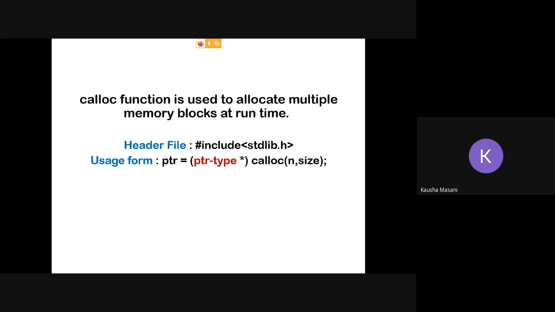Instead of mentioning the size in bytes directly as you do in malloc, you give here n comma size. What is this n? N is the number of elements you want to allocate, and size is the data type size. It is not n into size, it is n comma size. That's why there are multiple blocks, because n is the number of blocks to be allocated, and size is the data type size.